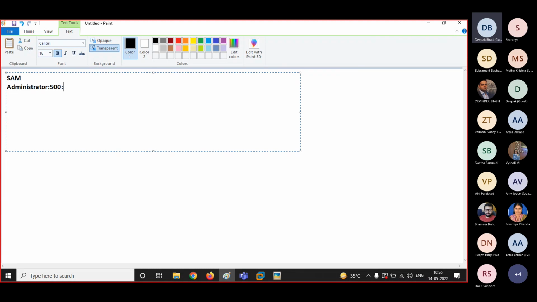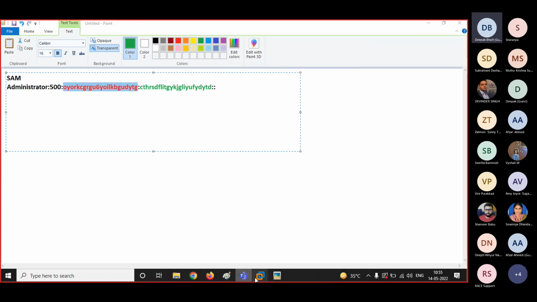Then we have a colon and certain hashes, right? This hash from here to here is known as the LM hash, and this hash from here to here is known as the NTLM hash. So the LM hash is our password.